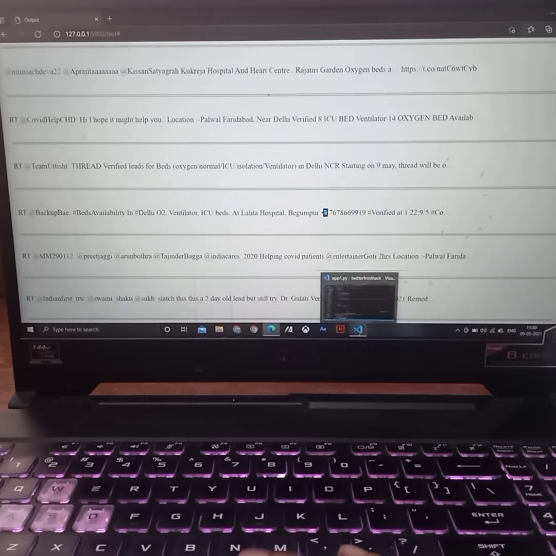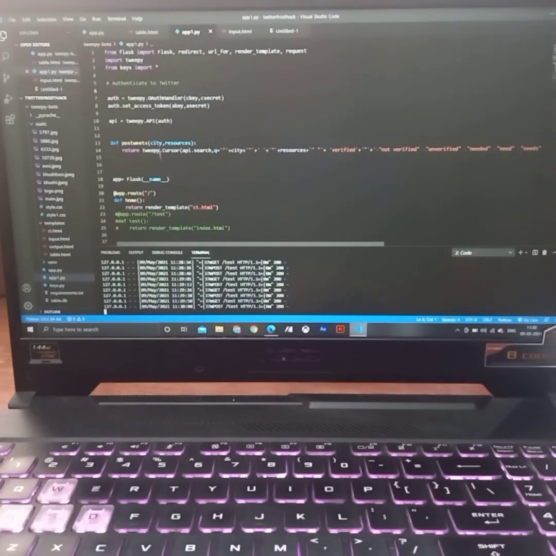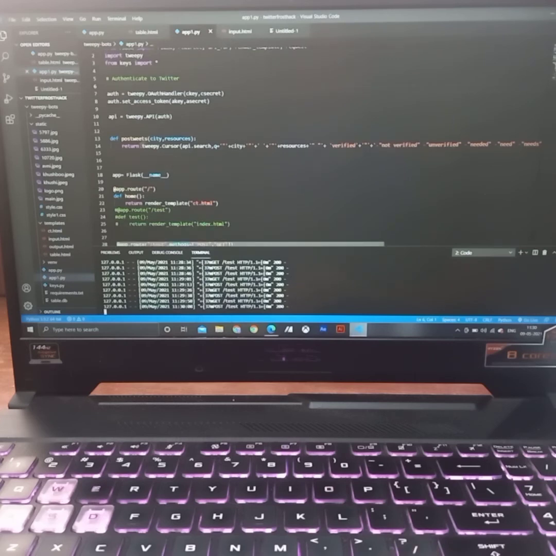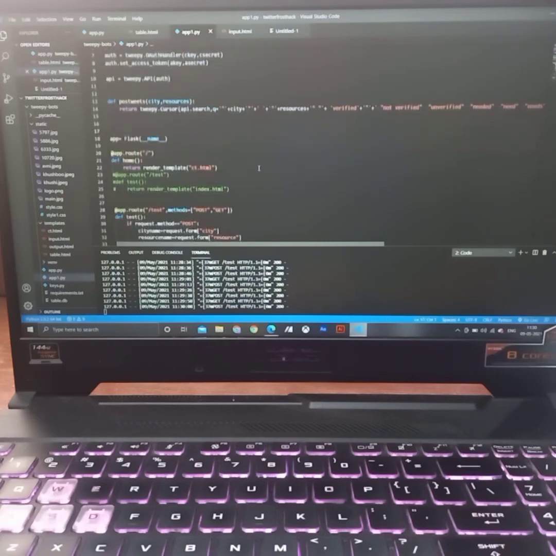Now I'll be showing you the code. So we are basically using the Twitter API, Tweepy. We made an account there and we got the keys, and this is how we are running the search.